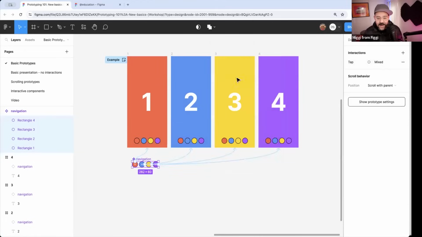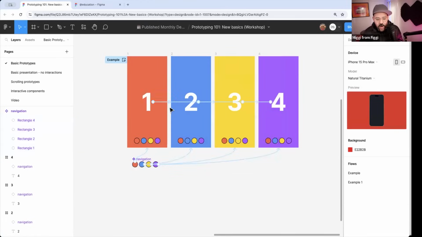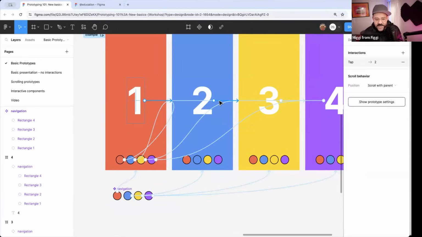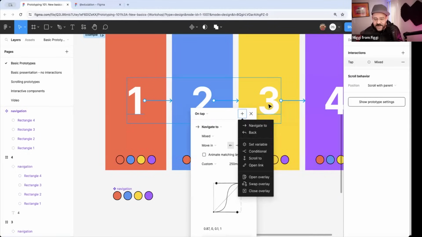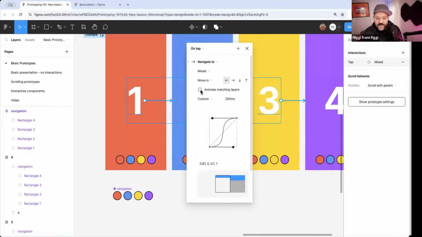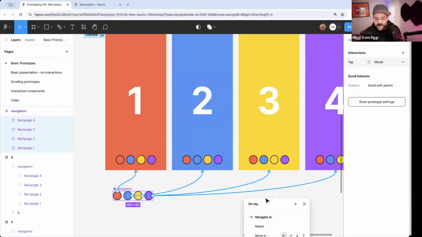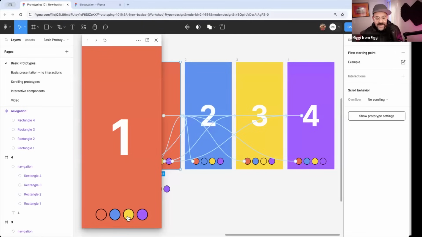So even here on all of these transitions, there's one transition, this two transition, this three transition, I can select them all and choose animate matching layers. Now, what that's going to do is make sure that when I'm testing this, it's not going to move